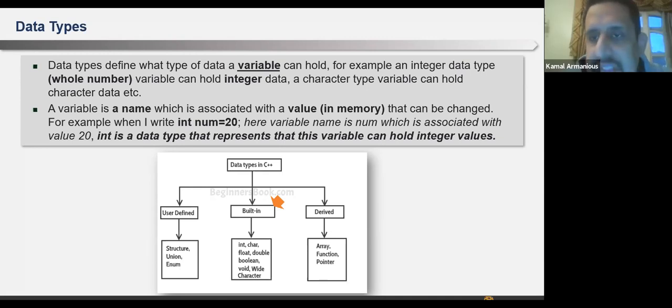Yes, great, Ali, great. So data structure is data and structure.